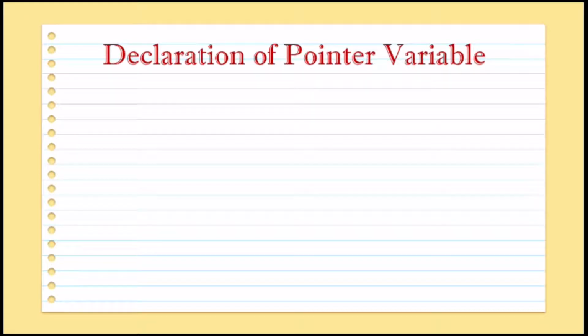Hello everyone. In this video, we will see the declaration of C pointer variable and initialization of C pointer variable. Now we will see how we can declare pointer variable. Just like normal variable declaration, we can declare pointer variable. While declaring pointer variable, we have to insert star operator in between data type and variable. To understand easily, we will see the difference between normal variable declaration and pointer variable declaration.